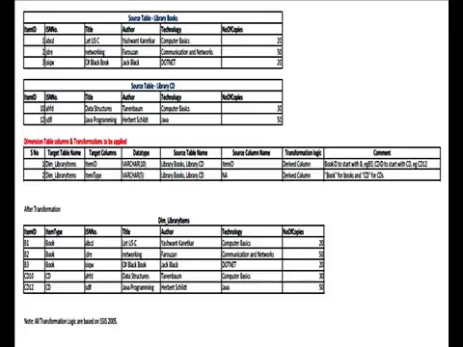Therefore, we are deriving the values of the item ID based on the source of the record from which table it has been fetched from.